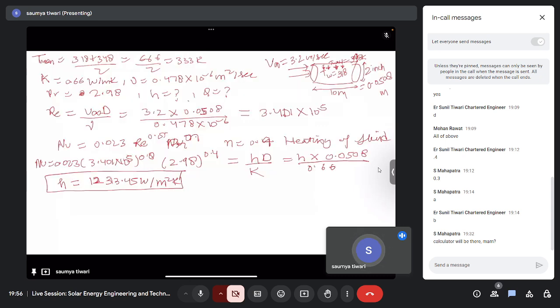Now the second part is your heat transfer. For heat transfer, you know Q equals h A delta T. You know the value of h, and you know the value of A. A is pi into D, D is 0.0508, into L, L is your 10, and delta T is basically 348 minus 318, which will be 30 degrees. So if we calculate this, this will come around